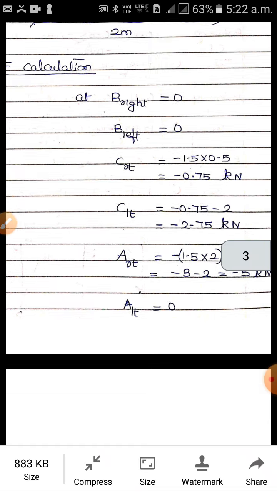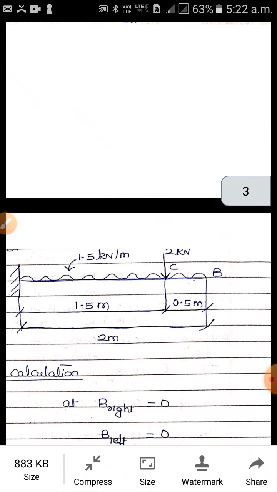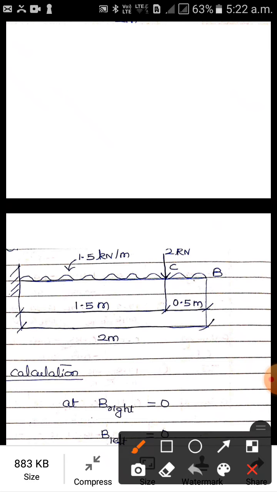Okay. Now we'll proceed to the bending moment calculation. So bending moment, we'll see here itself. Bending moment, you don't take 2 points, right and left. So first we'll start with B point. So B point, it is 0, no load. Now coming to C point. C point, what do you see? As in the shear force, you can see the UDL 1.5 kilonewton per meter over length of 0.5 meter. And you can't see the point load. You're taking the bending moment at the load. So distance between the point C and the point of application of the point load is the same. The distance 0, so bending moment is also 0.